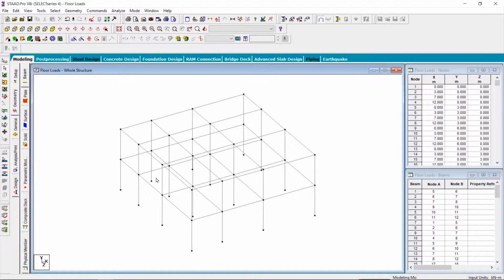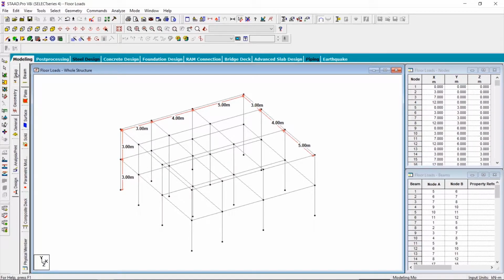Now, in order to make my point even more, I'll just display the node distance for a minute. So as you saw, this height is 3 and 3. However, the bay lengths are different here. So this is 4, this is 3, this is 4, and this is 5. Similarly, this is 3, this is 4, and this one is 5. So with that out of the way, let's quickly give it some properties.